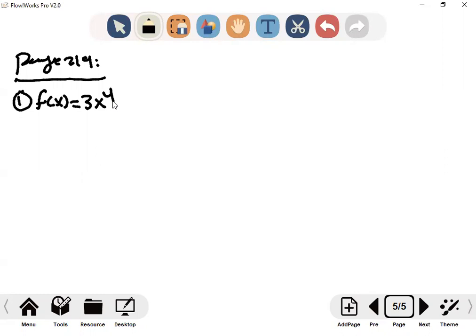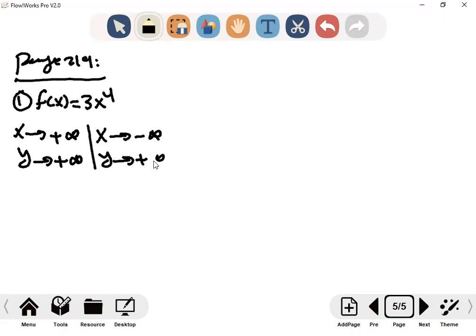It's upward. So both are up. So as x goes to positive infinity, where does y go? Up. As x goes to negative infinity, where does y go? Also positive infinity, right? Then the domain, all real numbers,